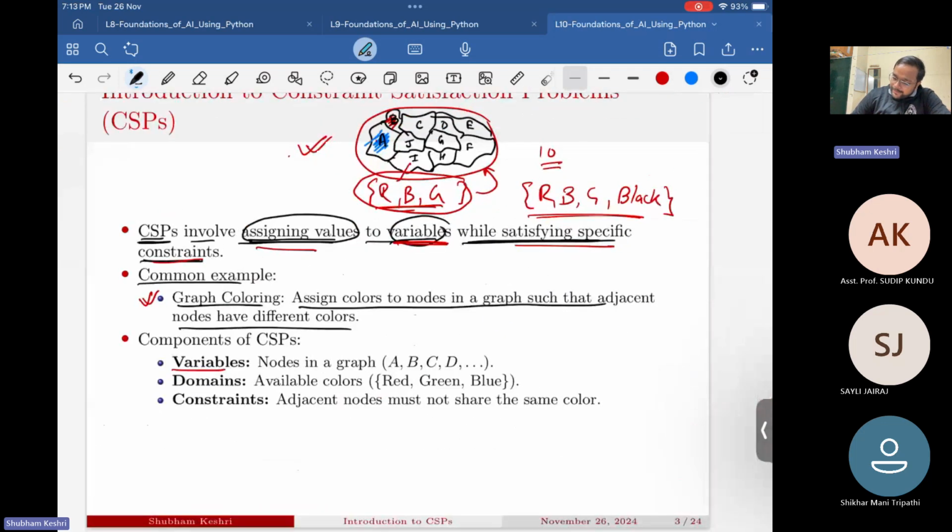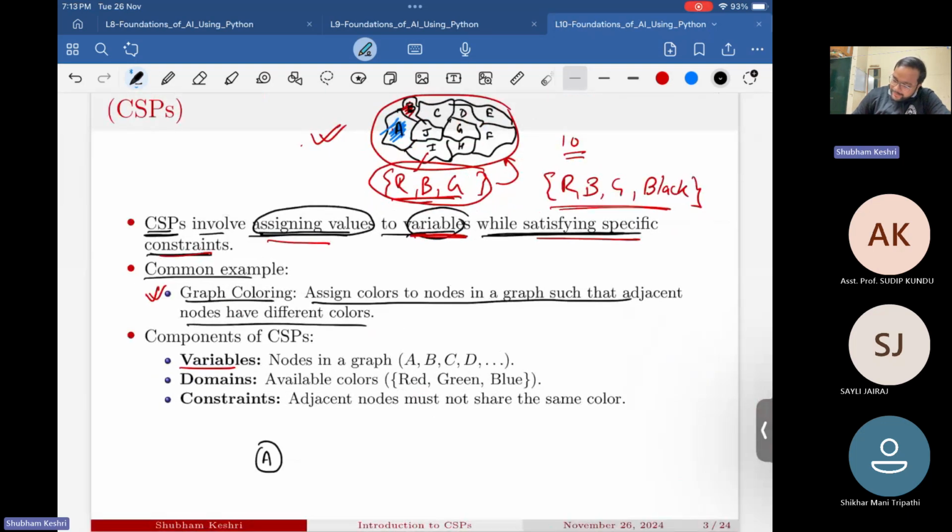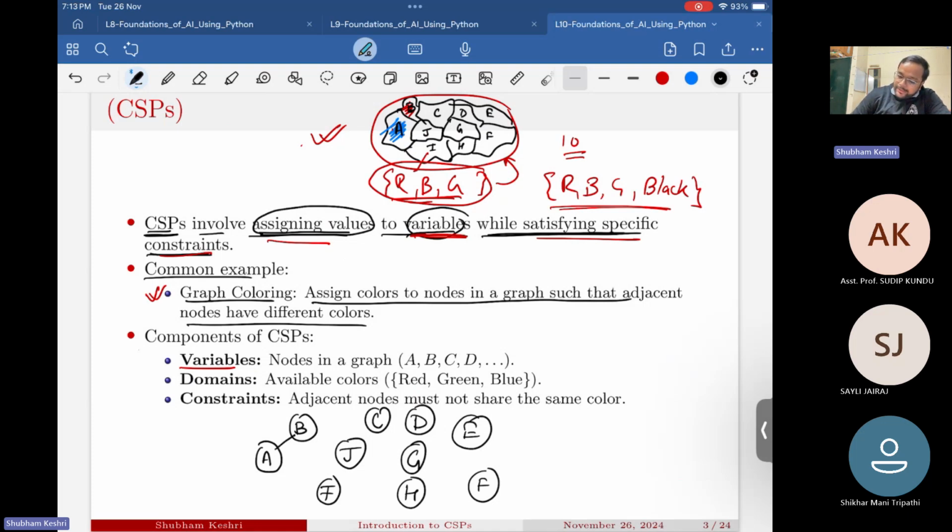Now you can make these nodes: A, B, I, J, C, D, E, F, G, and H. And you can connect them if they are adjacent. So A is adjacent to B, you connect this. A is adjacent to J, you can connect this. Similarly, AI is connected, BC is connected, CJ is connected, BJ is also connected. Over here, I am saying it is connected, okay? And so on and so forth. You can make this graph,